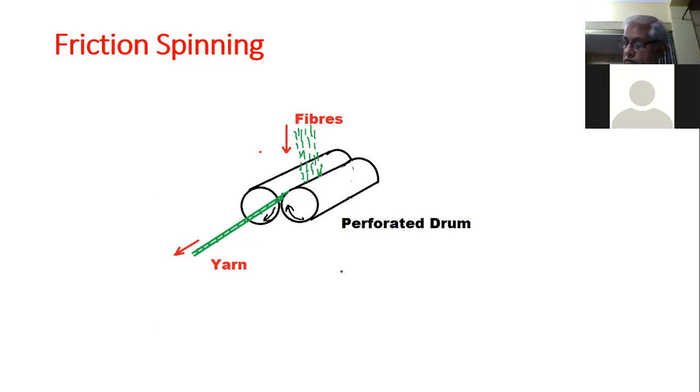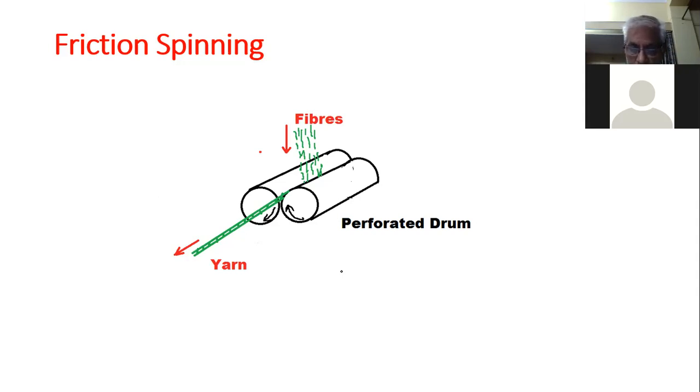Another important point to be noted is that in this case the fibers are taking the twist by means of friction, and it is very important. In this case, the coefficient of friction and the contact pressure of the yarn on the drums is an important parameter. The slippage is there, and this slip is also variable, and that's why the variation in twist is also there. So in this case, one revolution of the twisting element can generate several turns of twist.